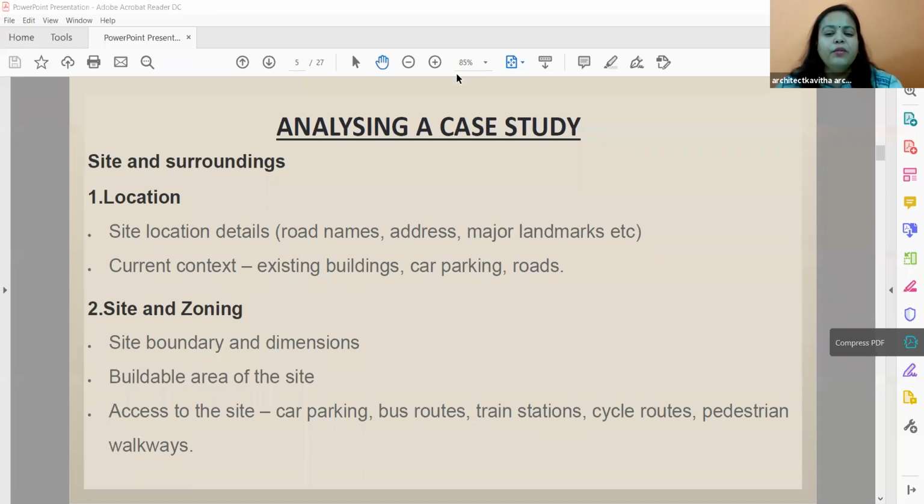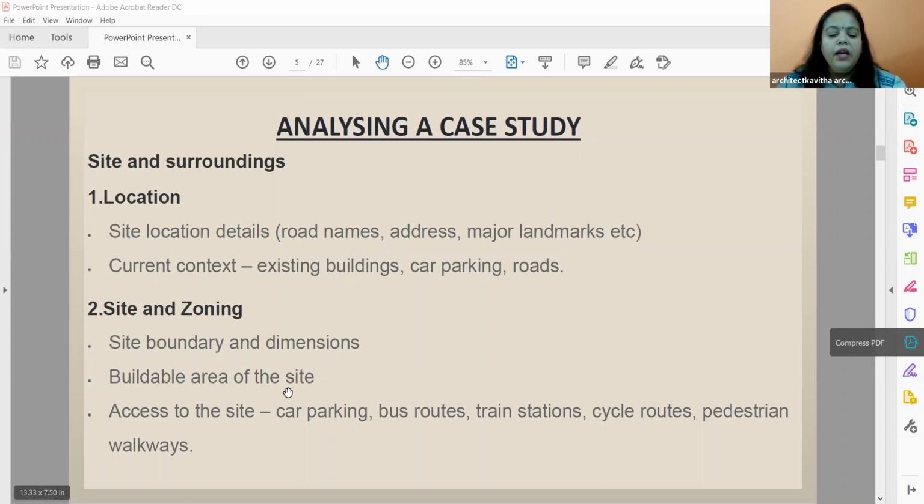So don't take projects like that, because if you're not getting an in-depth analysis of the project, then there is no use of making a case study. Just seeing the outside of the building will not help you. So you have to check with the client if you can go around the building, see it and take photographs. Only then can you analyze the project better. So choose a project where you can analyze it in a better way.